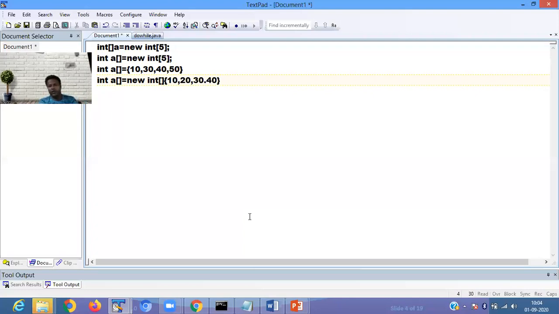That is the way of declaring a single dimension array.